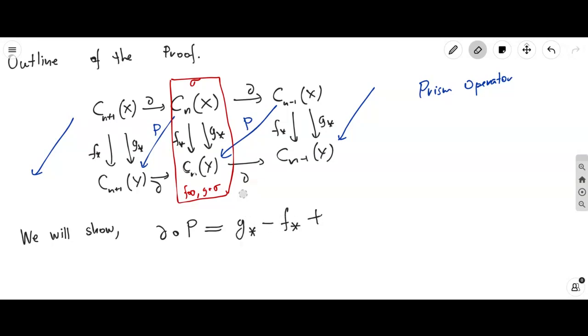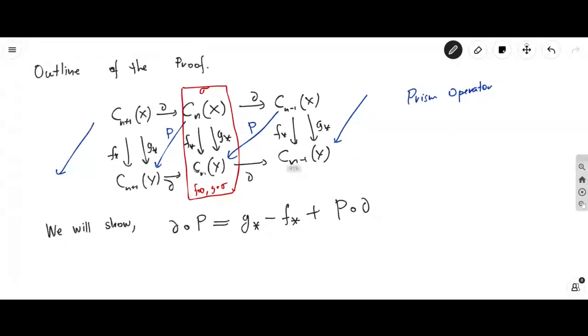It's like the difference of two functions. And then plus, the other way you can go from here to here is you can take a detour, going del and then P. So you would say del composed with P, like that. So that's fairly complicated. But if we're willing to accept this,